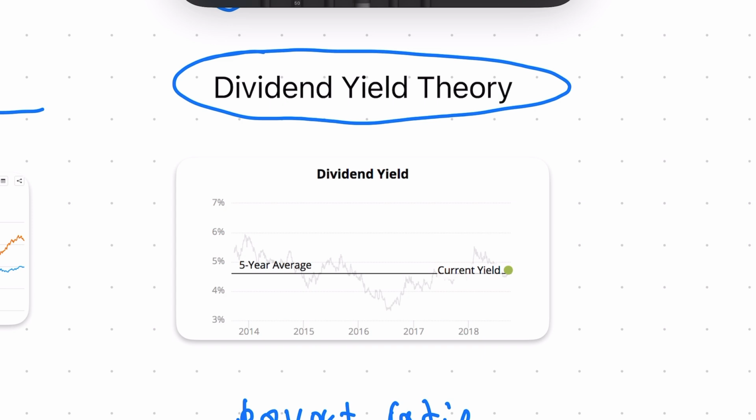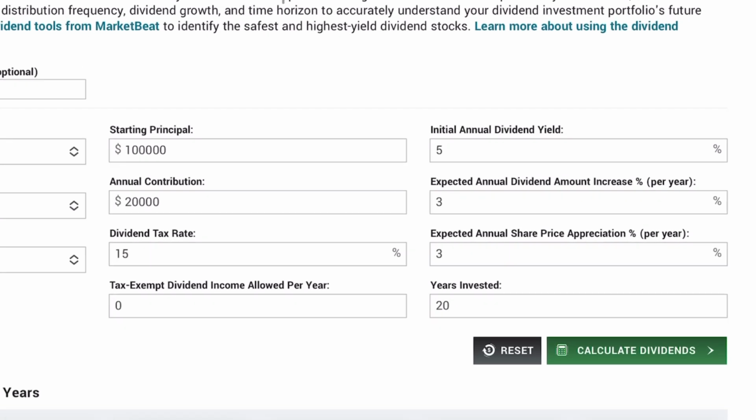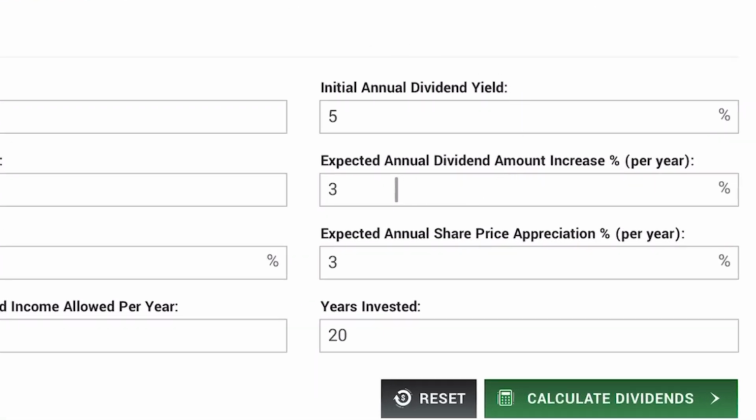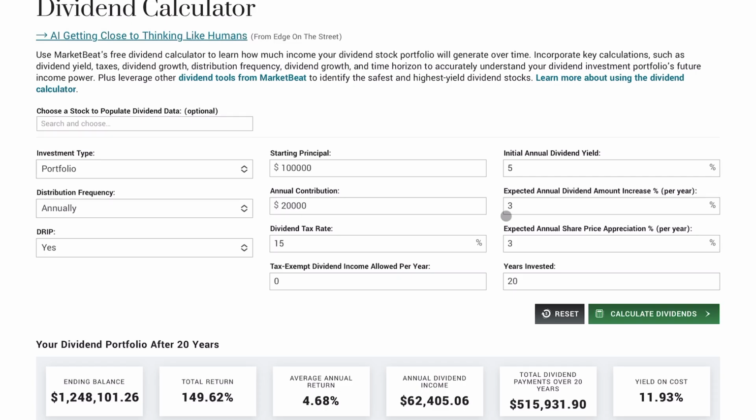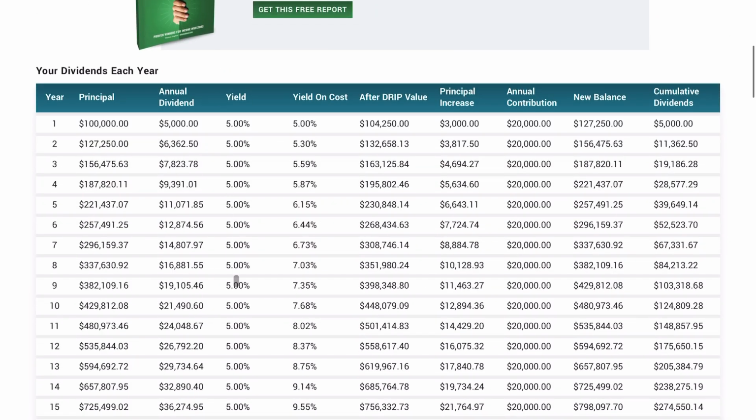To be sustainable, the earnings and the dividend have to grow at the same pace. So that's just a little warning to you guys. If you ever try to use a dividend growth calculator like this, you tend to see two separate values here for the expected dividend growth rate and the share price appreciation rate. And again, over the short term, these could grow at different rates, but overall, in long-term projections, they should be the same, and that would result in a consistent dividend yield over time.